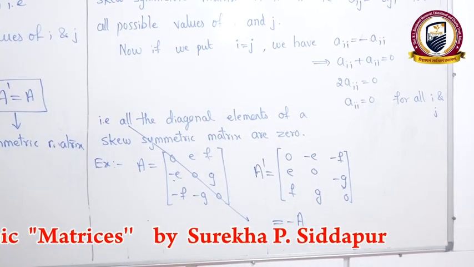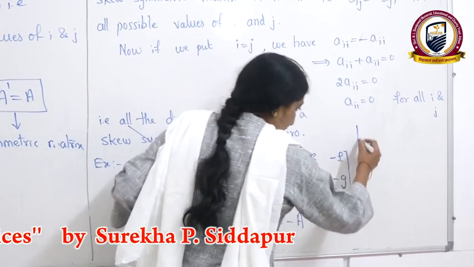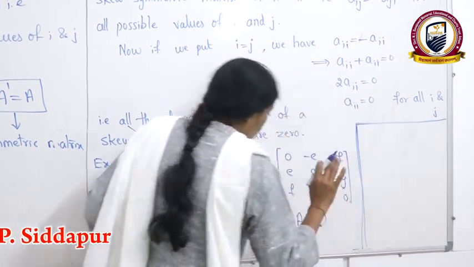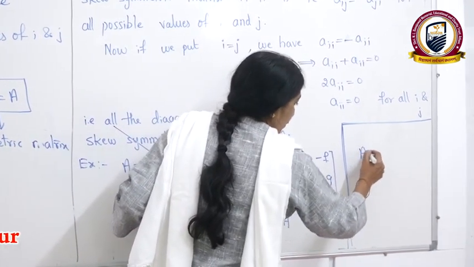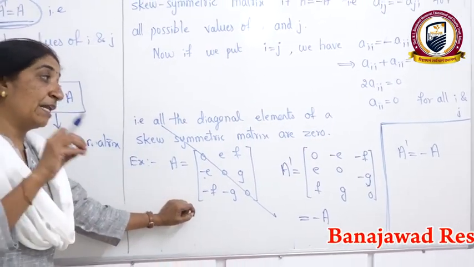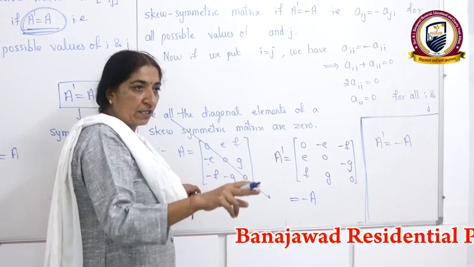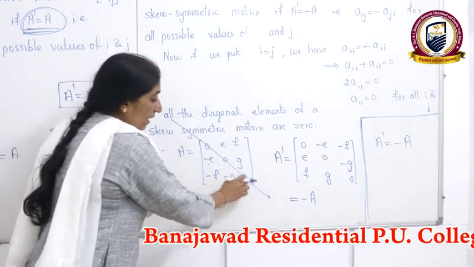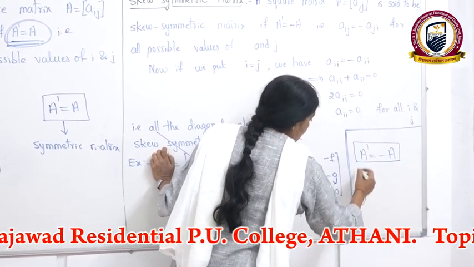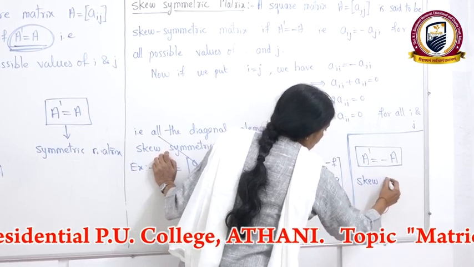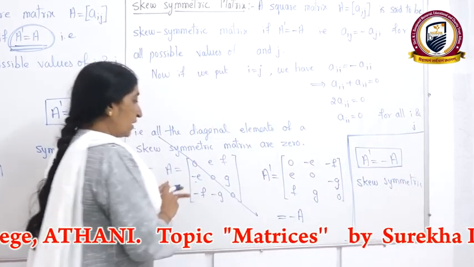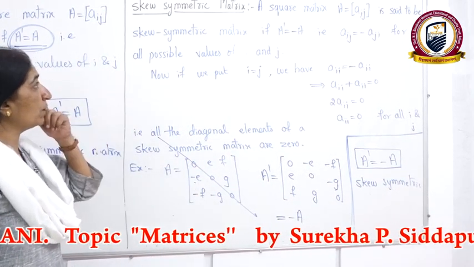So what is your conclusion? If you write the transpose, see, I am writing this on the side. Note this down or take a screenshot of this. It is very important. A dash is equal to minus A. You are getting the same matrix, but the elements have the opposite sign. Another thing is the diagonal elements are 0. If you see this, automatically in your mind you should get skew symmetric. Now it is clear with the example, and I am coming to the definition.